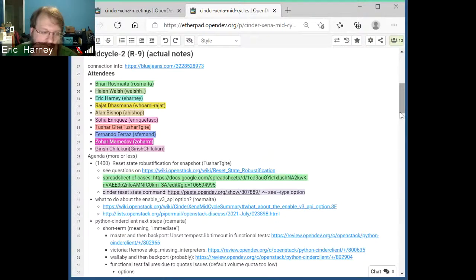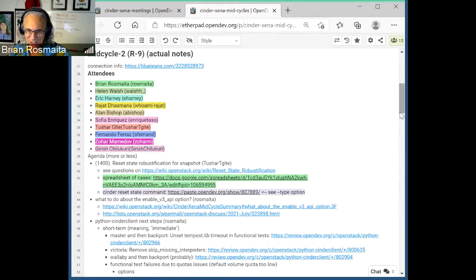So I guess what I'm thinking, Tushar, this is a pretty amazing spreadsheet you put together of all the state transitions we can have. That's probably useful for reference, but I'm wondering whether, as a first attempt at this, we should isolate to one of the more frequent cases and then see where that leads in terms of what kind of information you can usefully give the operator so that they can fix it.